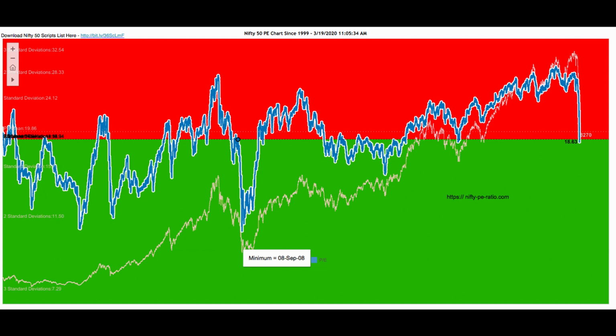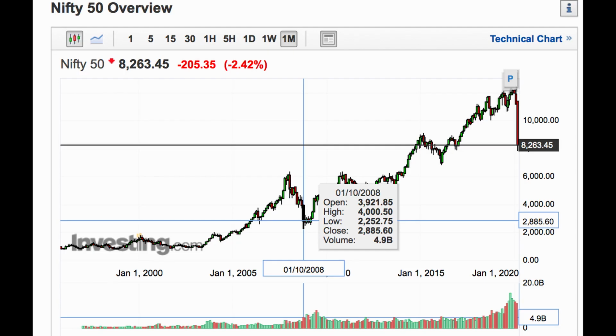Because it was just a correction, perhaps. But this time it looks like it is a market crash. Now, if you look at the chart, it has completely nosedived. There's a brutal fall. Now, if you are a retail investor, you need to avoid investing at these times to